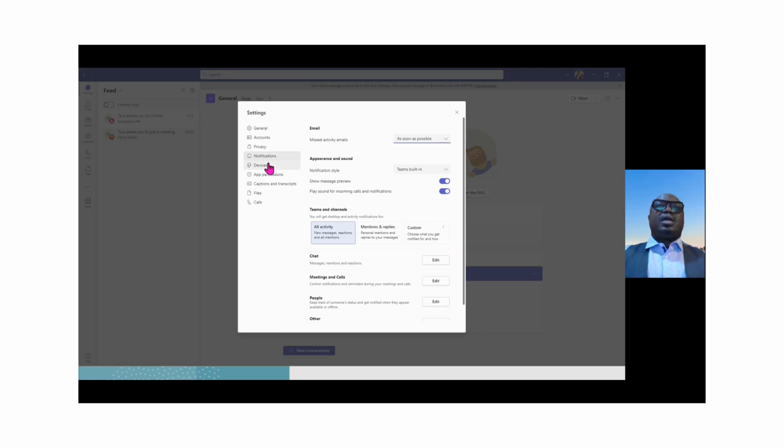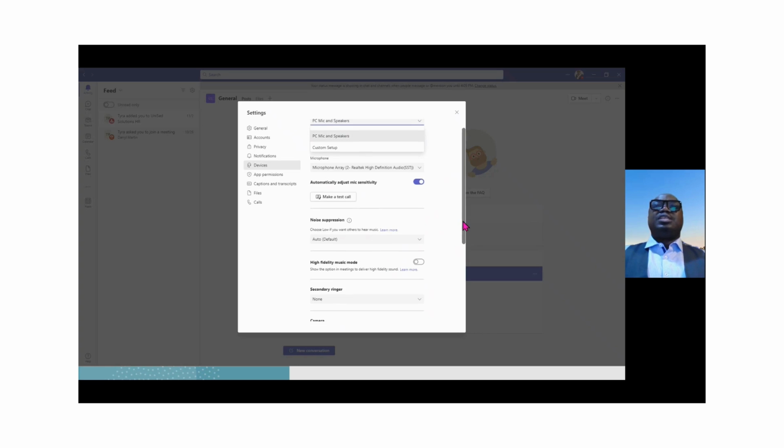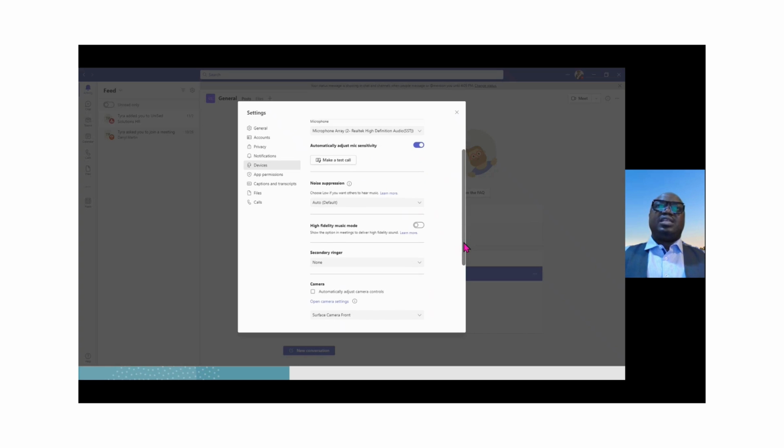And we can also set up our devices where if we have a microphone or if you have a headphone, you can change your speaker, or your audio device here to your headphone. Like right here, I'm using my PC speaker, but if you have some of those expensive speakers, you can select them as well. So you can adjust your mic sensitivity.